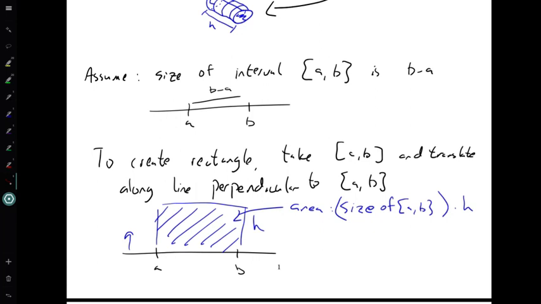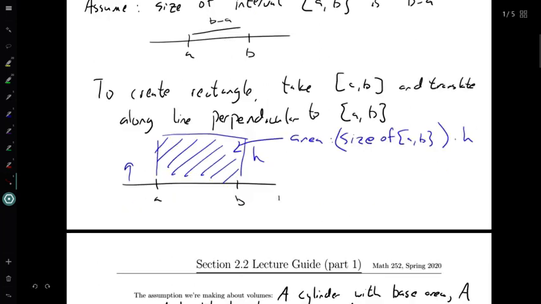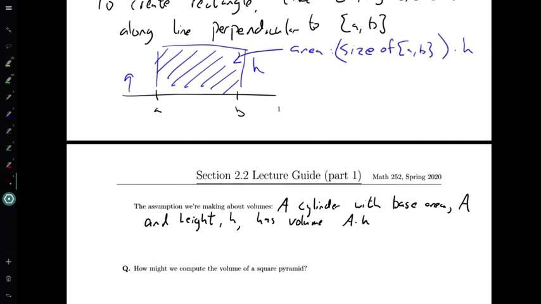And I'm taking the size of this new cylinder to be the size of the lower-dimensional thing, the two-dimensional region, multiplied by the height that I'm translating it by. So hopefully this seems like the right kind of assumption to be making about volumes here, and that it's very analogous to the assumption that we made about the area of a rectangle. All right, so we'll leave it here for now. We've got this new notion of a cylinder and its volume, and in the next video we'll start to talk about how we can compute volumes of shapes that aren't